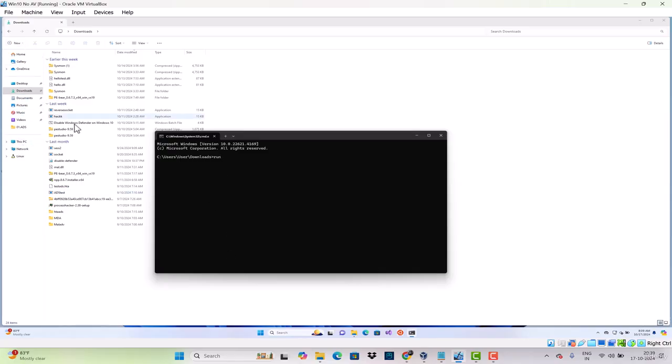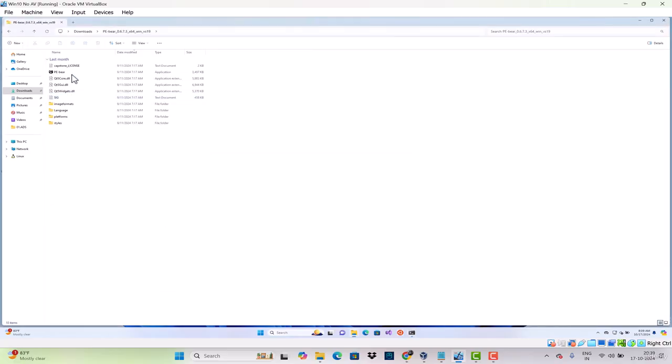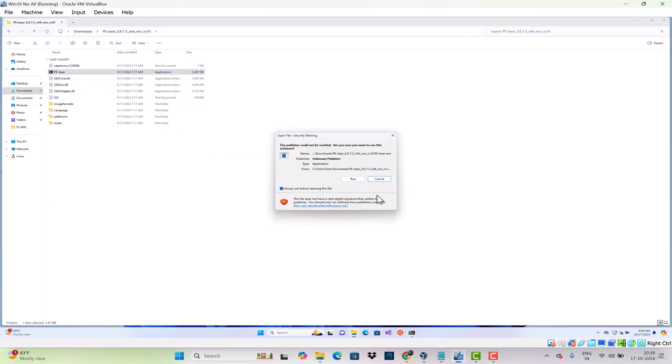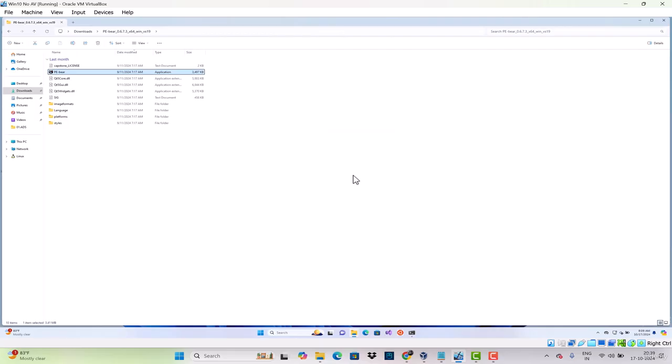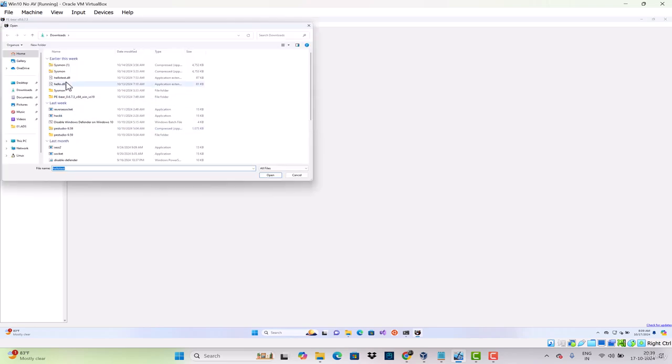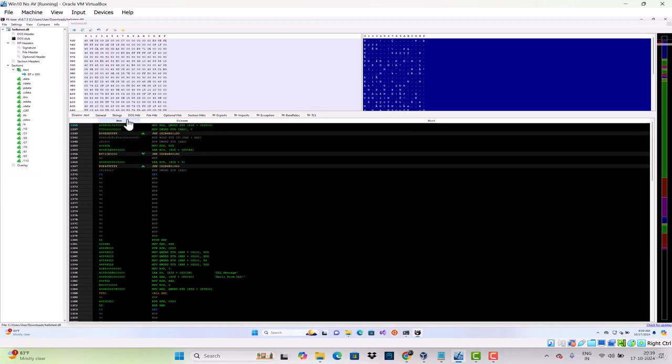We created the DLL with only one function, right? The run message box. Let's check that and do the task. So let's load the DLL, hello test.dll.